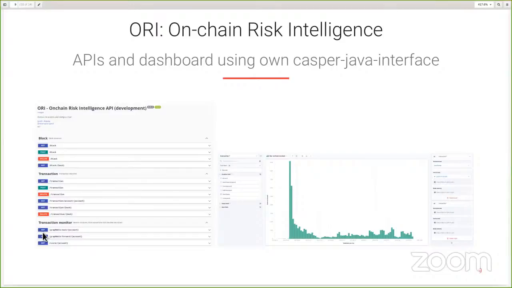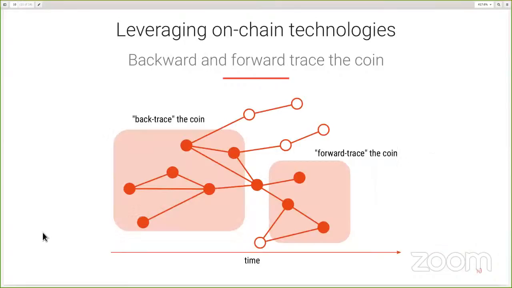On top of that, we also have a graphical interface so that a compliance officer could integrate that into the system and develop their own metrics and their own dashboards. One example of what we're doing, which is great from distributed ledger technologies, is that you can trace the origin of the money. That's what we call trace the coin. If you want to trace the origin of the money in this account, you can easily trace back the coin and find where it came from. In a way, you can spot if there was anything suspicious or any financial crime happening here.